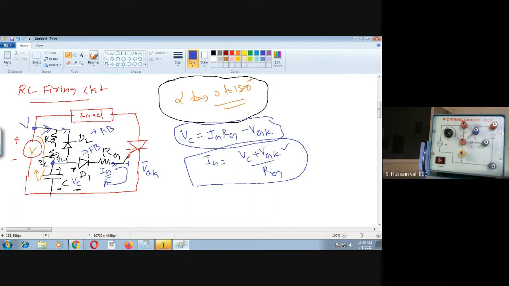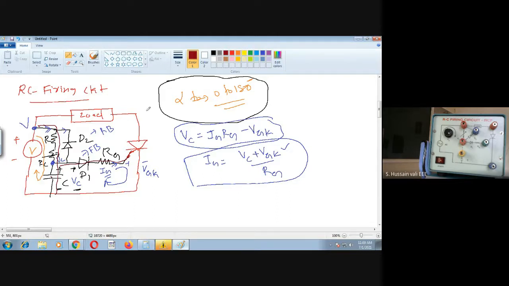I will show you the current, taking another color here. So the current will flow like this. This is one path, this is another path. So the diode D1 will conduct, whereas D2 will not conduct. This is the thing you must remember. When the current is flowing like this, the capacitor will get charged. Now how much it gets charged depends upon, once again, you can apply KVL here.